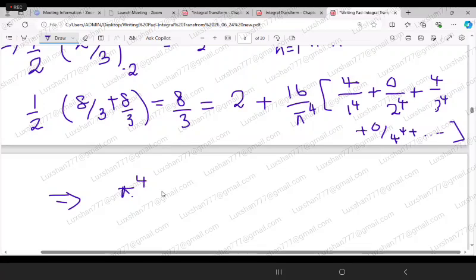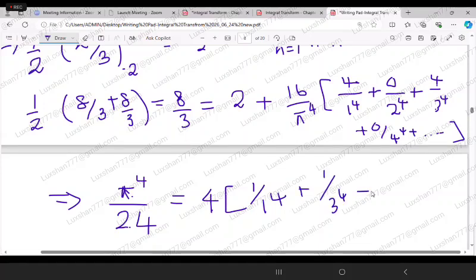Yeah. That is 1 over 3, no? So we get 1 over 3 means 2 over 3. So 2 over 3 means we get 5 by 24. Here you can take 4 out,